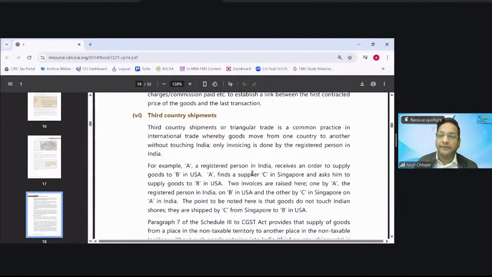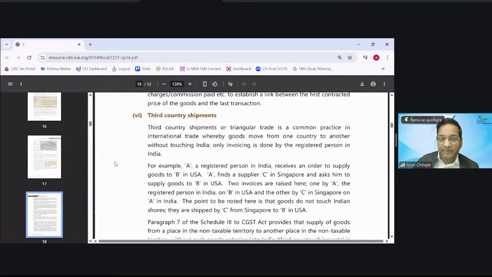Third party shipment. Third party shipment, again, will it be taxed? What is third party shipment? Example: A registered person A in India receives an order to supply goods to B in USA. A finds the supplier C in Singapore and asks him to directly supply to B. Now two invoices are raised, one by